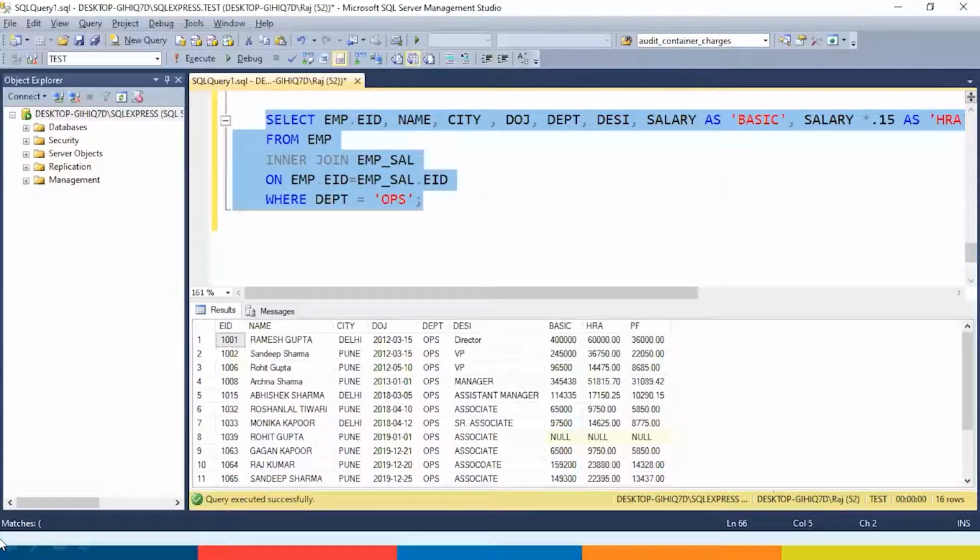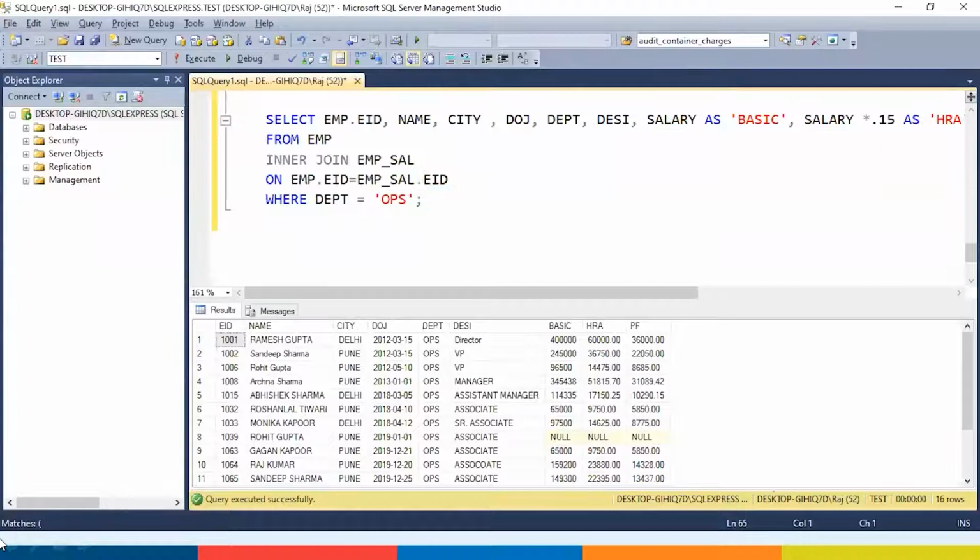Now, if this is your regular requirement that on and off you need to find out the details of the ops team or salary details of any of the team members, you have to write this query again and again. So let's create a function for this. So I will say create function, the name of the function, let's say create function name. I will say @x1 varchar 20.